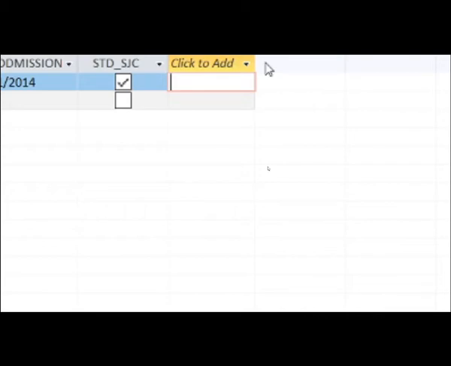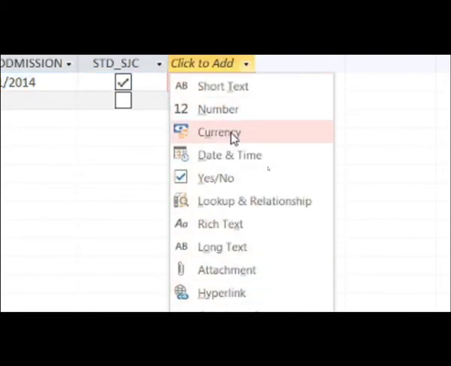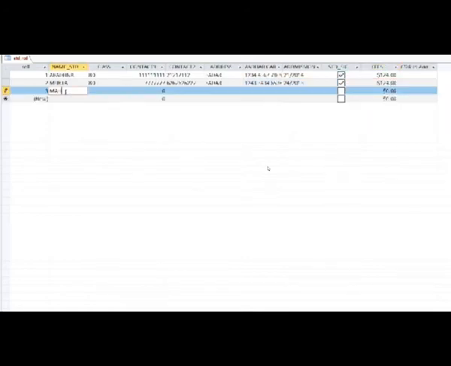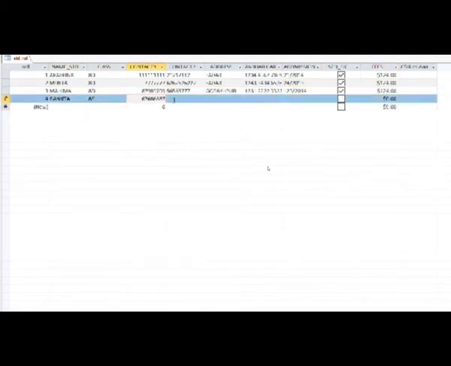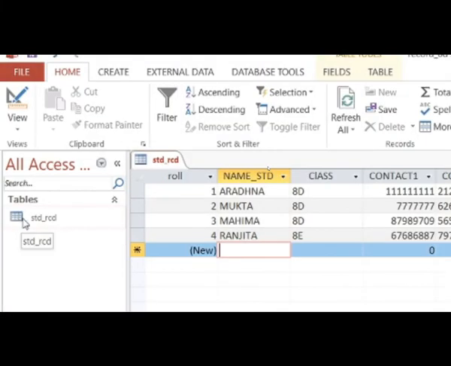So this is another heading which I have taken after designing the table. This we can do. Further, if you want to add more headings to your table, you can add them from the data sheet view. Is it clear? Now let me quickly insert all the values. See, this is how you can click on the tab button and move to the next cell, or with the help of the mouse, and enter the values. Once you finish, you click on save, and after saving you can see the data sheet view, the students record.